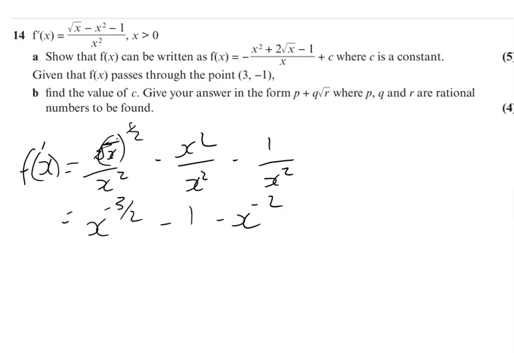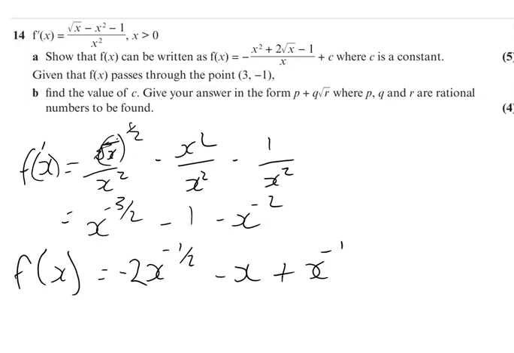And now it's just really easy to integrate this and just do the standard: increase the power and divide. Is that the right way around? Differentiation would be times the front by the power and reduce the power by 1. So yes, we add to the power first and then divide. So f of x is going to be, so increase that by 1 and then divide, so it becomes minus 2, and then that just becomes x, and then that we're going to increase the power by 1, and then we're going to divide, so it becomes plus,